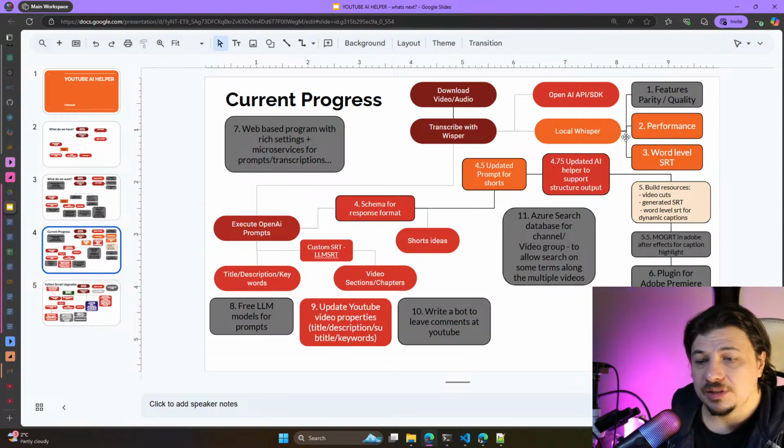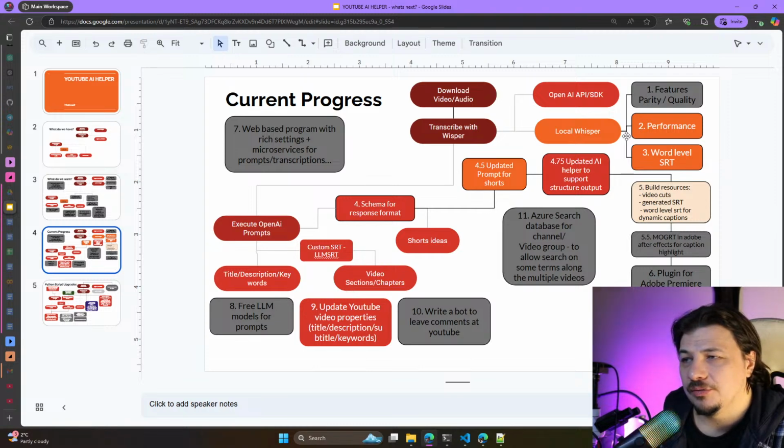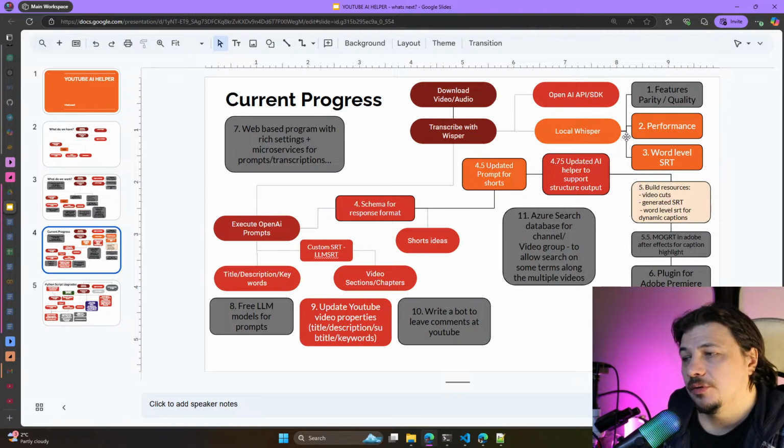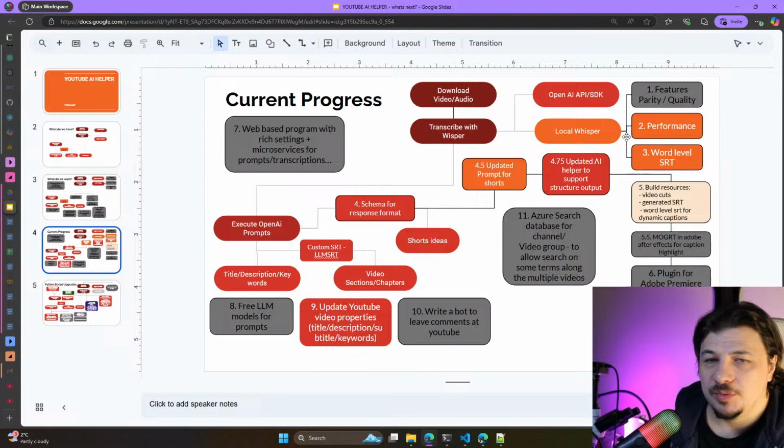It can cost up to maybe $1 per video, but for a very long video where we need to do a lot of execution of OpenAI prompts, not actually that much. And we're not using the cheapest model. We used GPT-4o, not 4o mini, just 4o, and of course 4o mini or other models could be even cheaper.